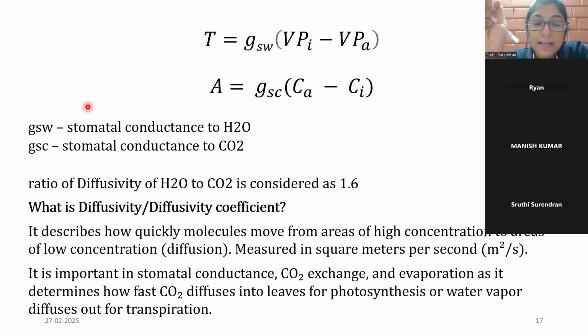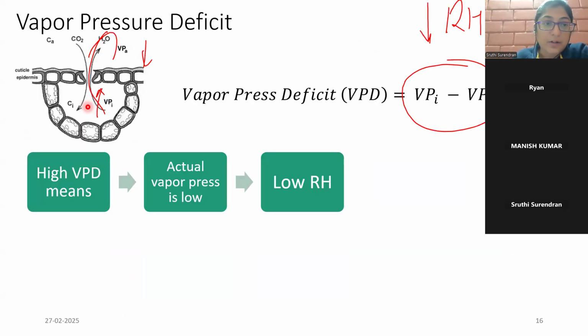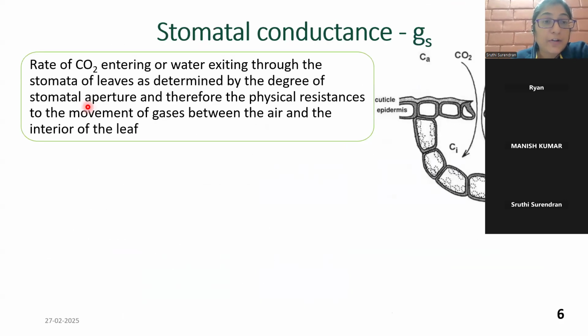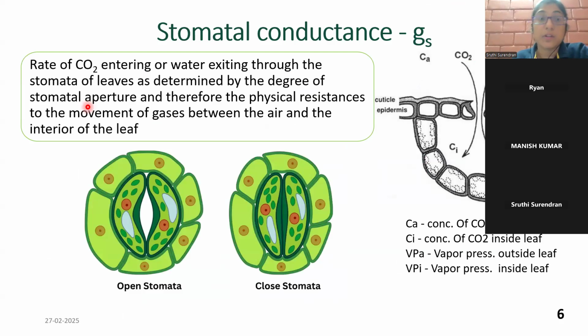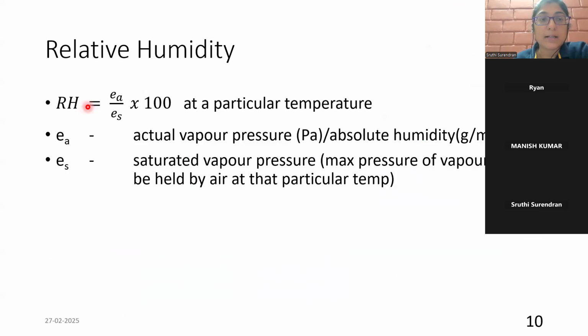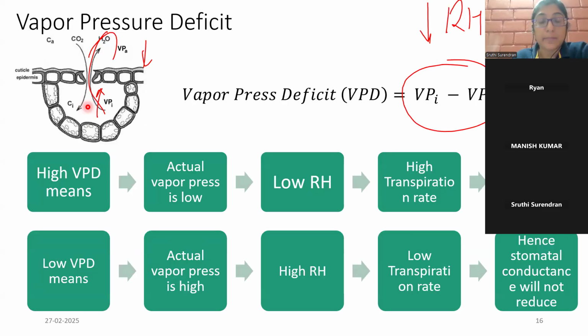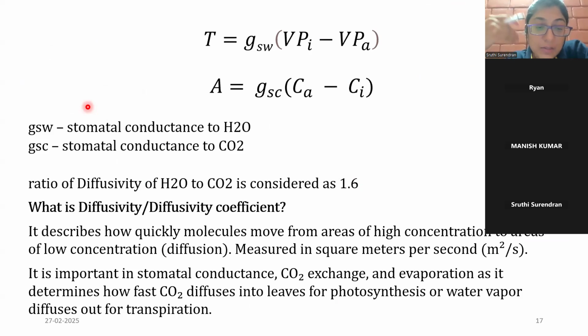Stomatal conductance, like I had earlier defined over here, is a rate of carbon dioxide entering or water exiting. So which out of it is stomatal conductance? It can be represented in terms of carbon dioxide entering as well as water